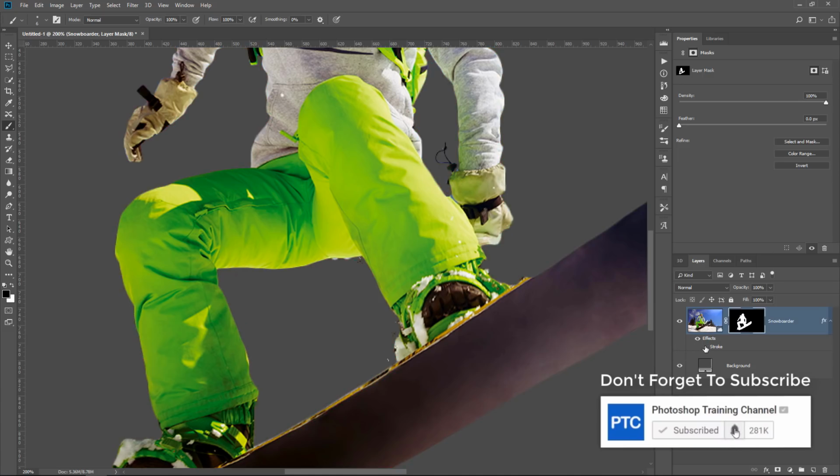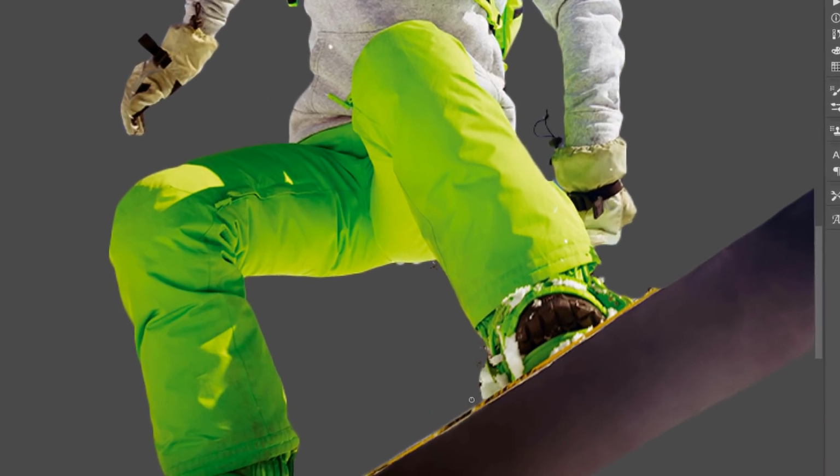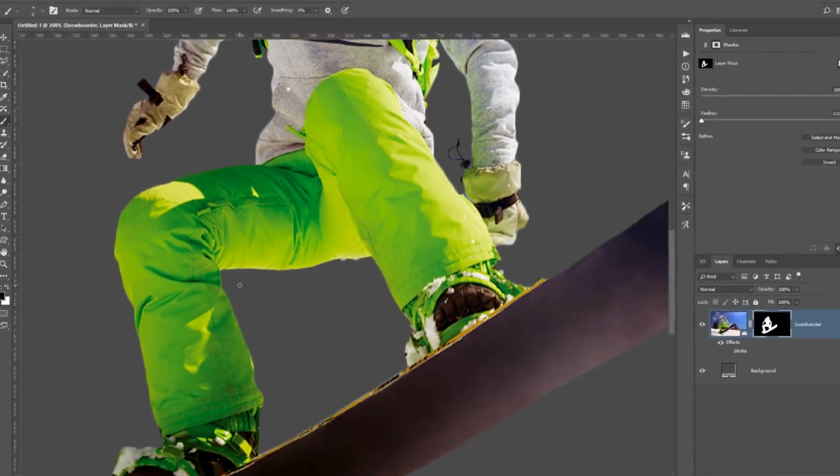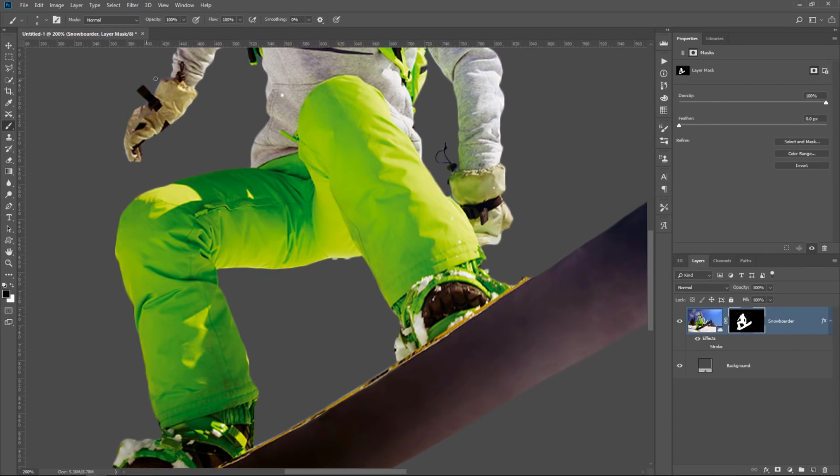If I disable the stroke, you can see that the stray pixels are here. In some cases they're noticeable, like in this area here. In other cases they're much harder to see, like here and right up above her arm. So I can enable the stroke once again, and I can just paint those away until I have a smooth,